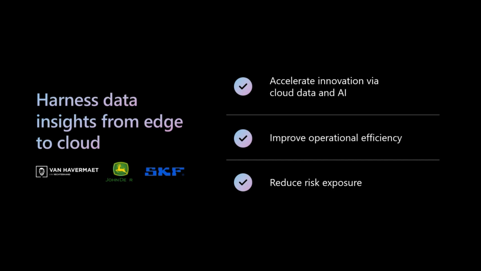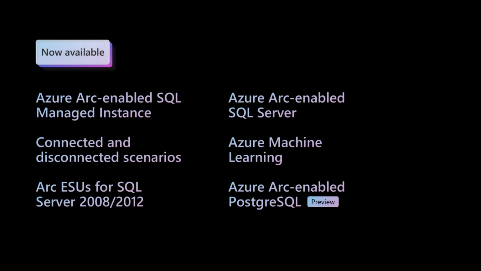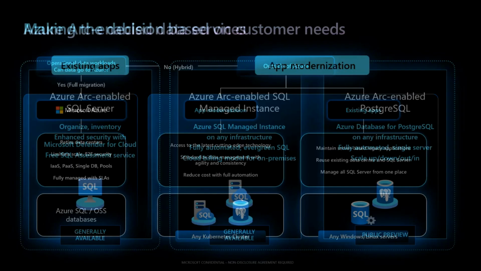So this is more about deploying data and machine learning PaaS services on your Arc-enabled Kubernetes. And this is the list of high-level available services and some preview services. I'll not go through all of them, but there's the Arc-enabled SQL Server capability, where SQL Server is running on one of the VMs or physical servers. And apart from that, there's Arc-enabled SQL Managed Instance and Arc-enabled PostgreSQL. All these are also available to try.